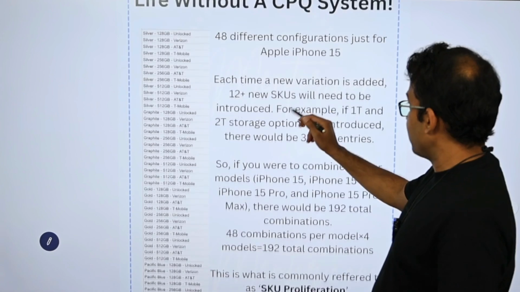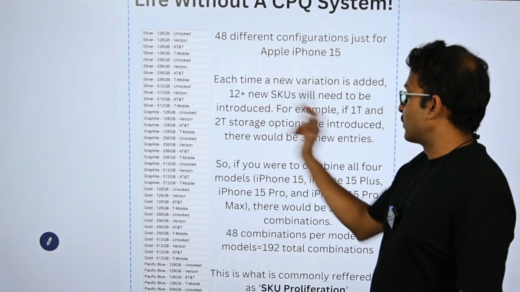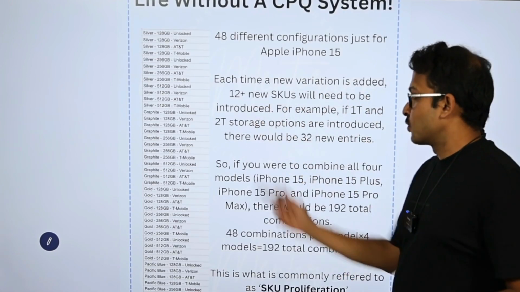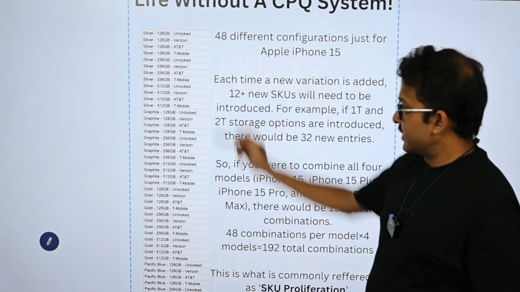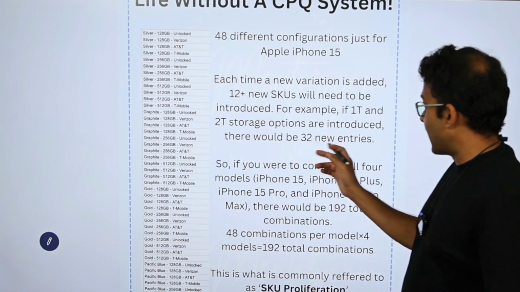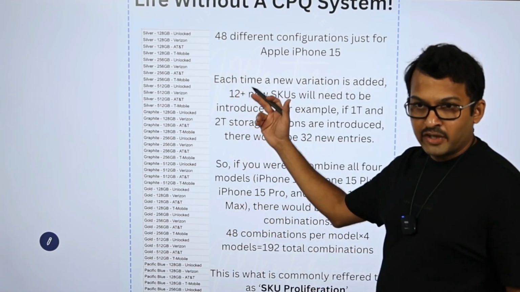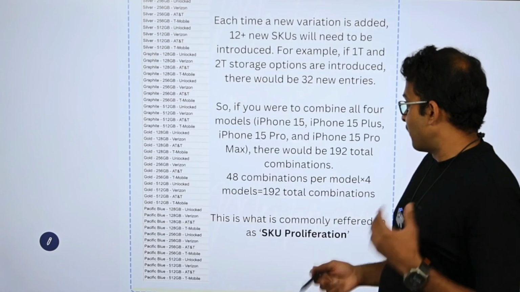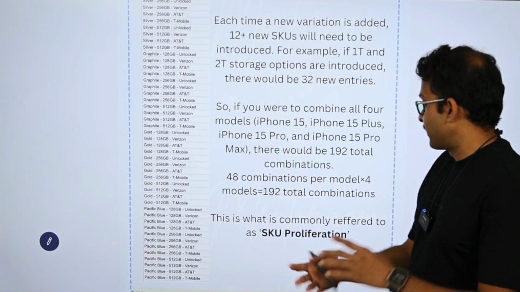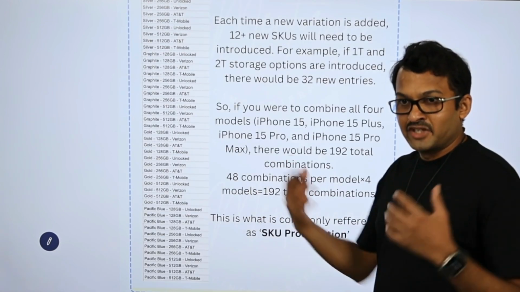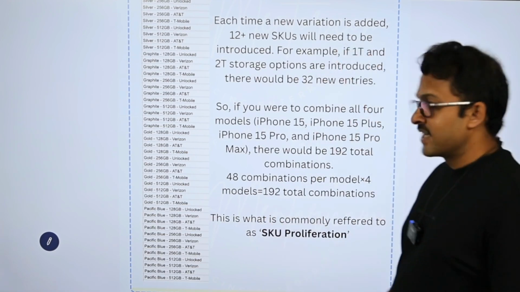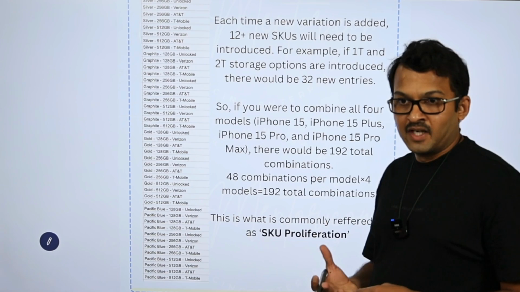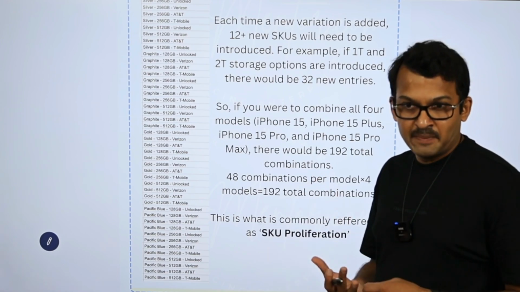Okay, and each time a new variation is added, more than 12 new SKUs will need to be introduced. For example, if a 1 TB and 2 TB storage options are provided, these combinations will again considerably increase, right? So you'll be adding 32 more lines to the already existing 48 lines. Yeah. So now think of iPhone 15, 15 Plus, 15 Pro, 15 Pro Max, right? And then you have the 14 series, you have the 13 series. Think of the number of lines that would exist in a product catalog if we did not have CPQ system,